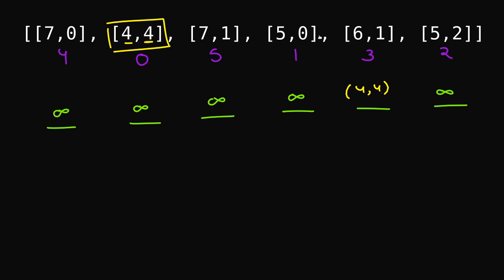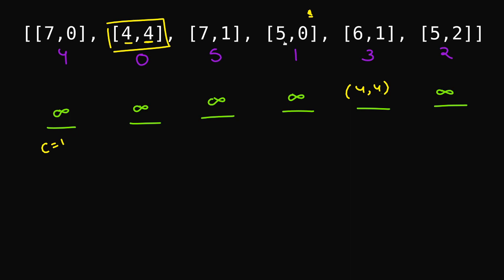Another one is this 5 comma 0, and 5 comma 0 means that 0 people are there in front of this person with height 5 who are having the height of greater than or equal to 5. That means the position of this person is going to be 1 in the array. So we start, we see that this is an unfilled position, so we have count equals 1. Why? Because this infinity is definitely greater than 5, and we should actually stop here.